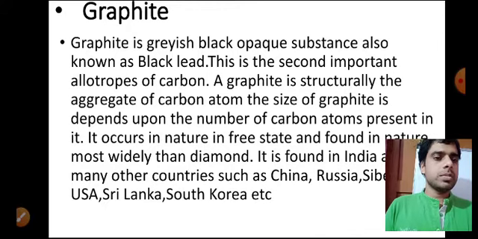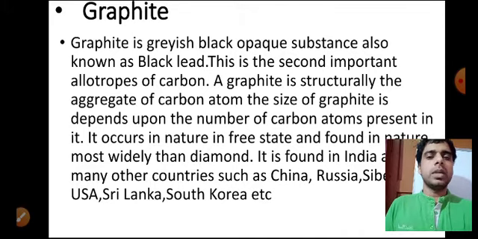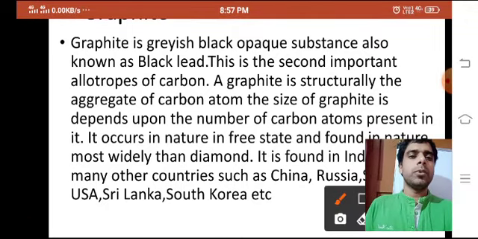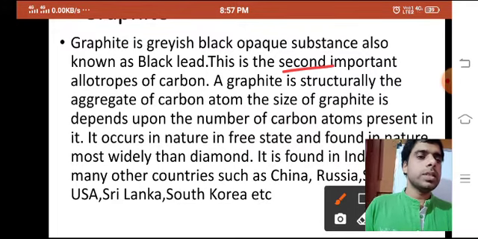It is an opaque substance through which you cannot see. You cannot see from one side to another side, as it is a grayish black opaque substance, and it is also known as black lead. This is the second allotrope of carbon. Here it is written, this is the second allotrope of carbon. Now the first allotrope of carbon is